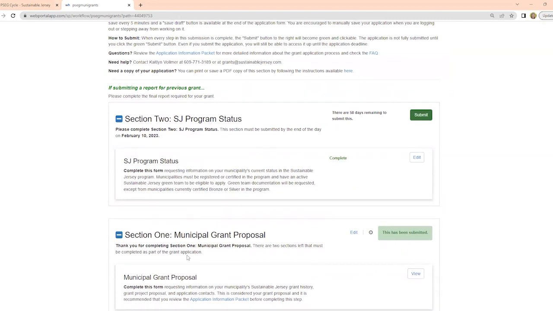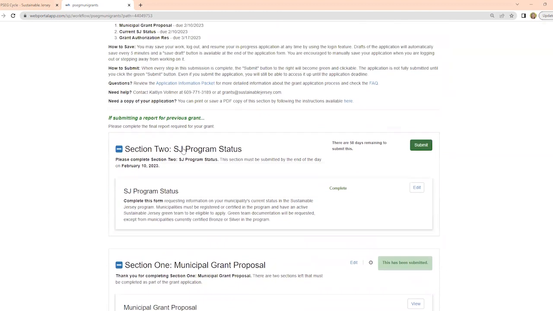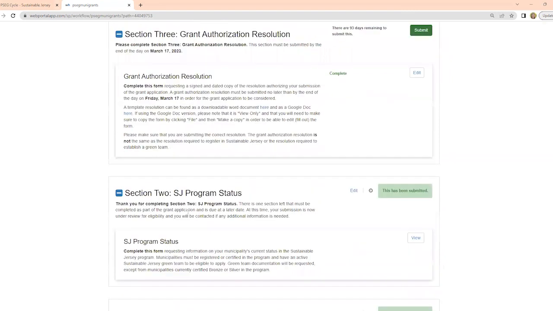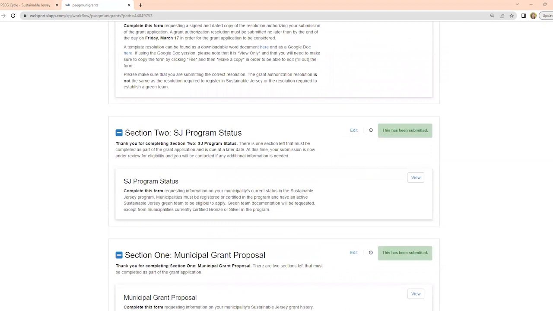Just make sure that you go ahead and resubmit the rest of these sections. So say I'm done making my changes to the proposal, I'm gonna have to resubmit this status section, which is just asking you for information about the status of your municipality in the certification program. Just note that if you're certified, all you have to do is let us know you're certified, and then you're done with this section. But if you're registered or you're not registered, it's going to let you know that you're